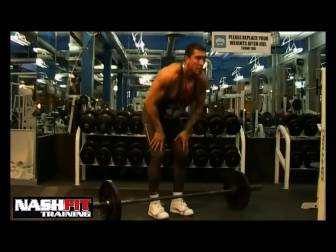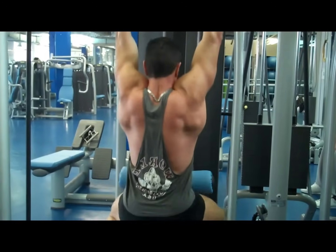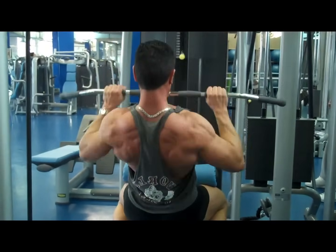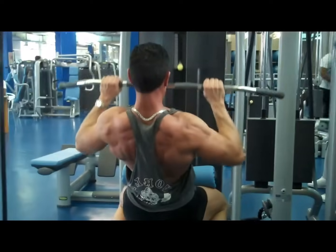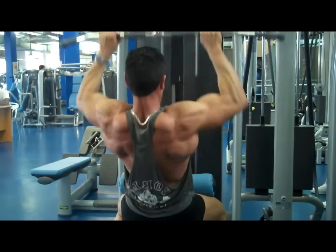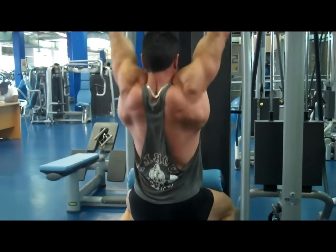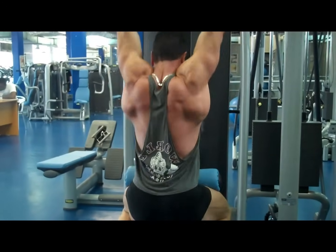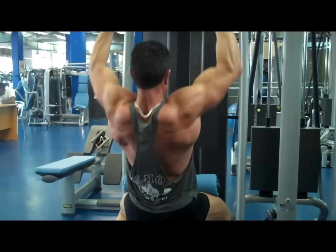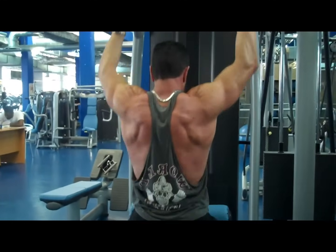Now the next exercise in my back workout, as you can see, is close grip. There are a few options that you can do. I like this. Arnold used to do this grip. This is the overhand grip, and I'm holding the bar, as you can see, not too close, because I don't want to really involve my brachialis muscles too much, and also my biceps, but still try to hit the latissimus dorsi muscles,